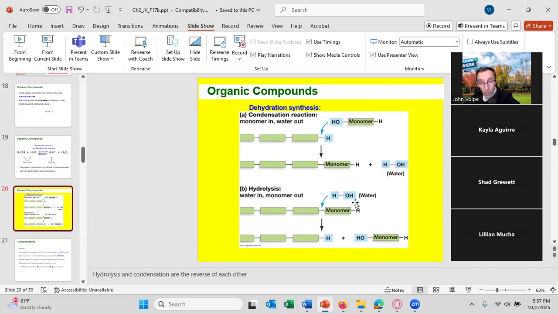Hydrolysis is when water splits a polymer into, in this case, a monomer and a smaller polymer. The H comes off the OH of the water, splits the monomer, the H joins the polymer, the smaller polymer, and then the OH of the water joins the monomer. And that is hydrolysis. How Marty McFly was able to eat the pizza when his mother hydrated the pizza. Any question about any of that?